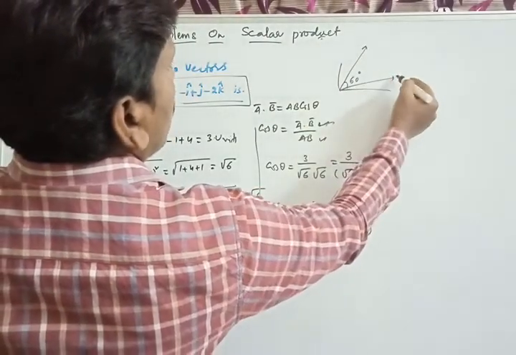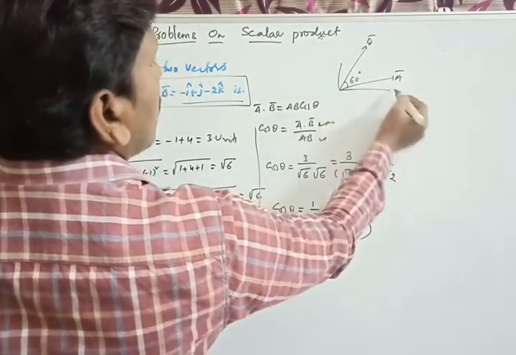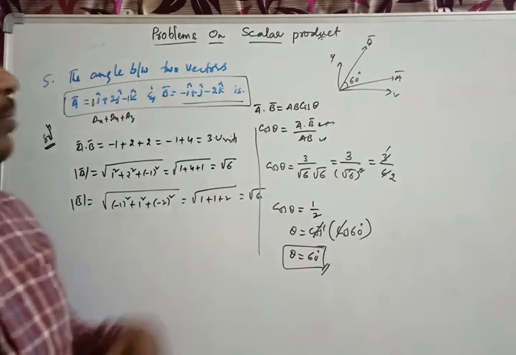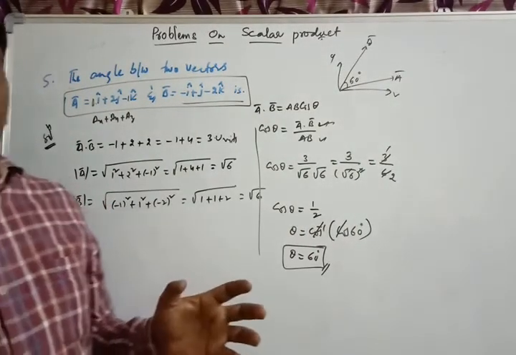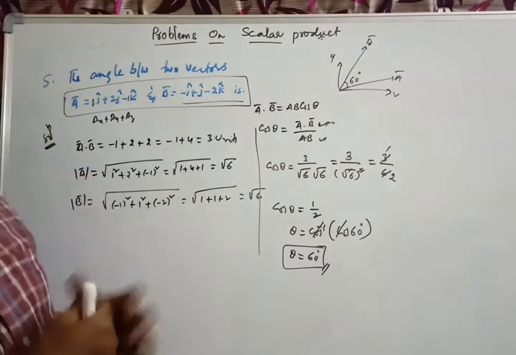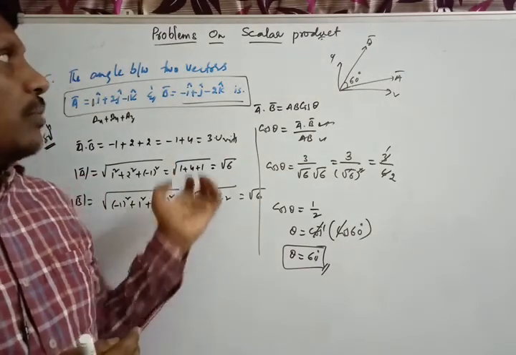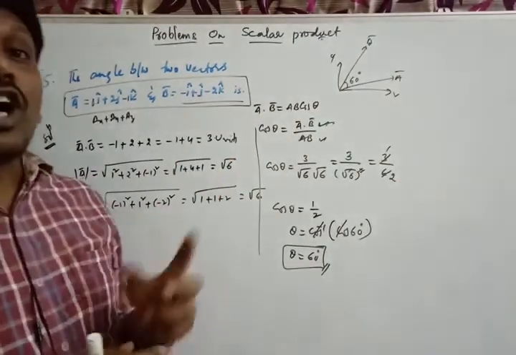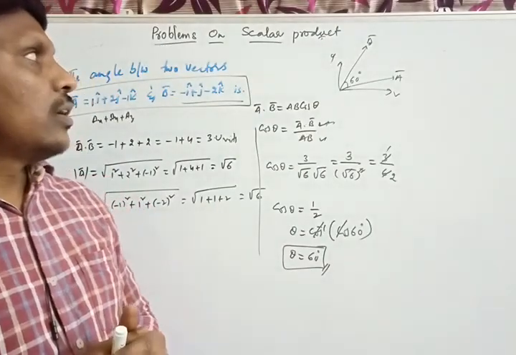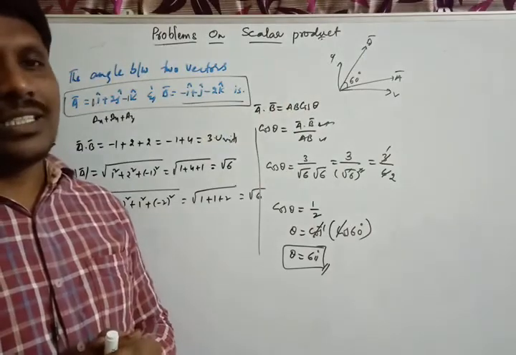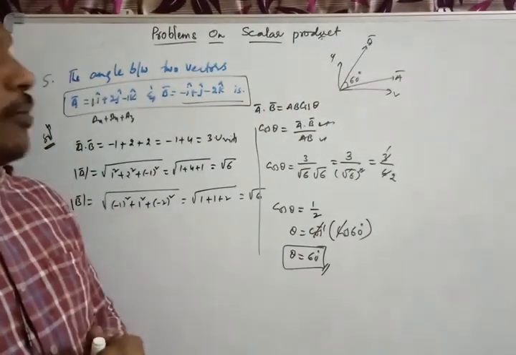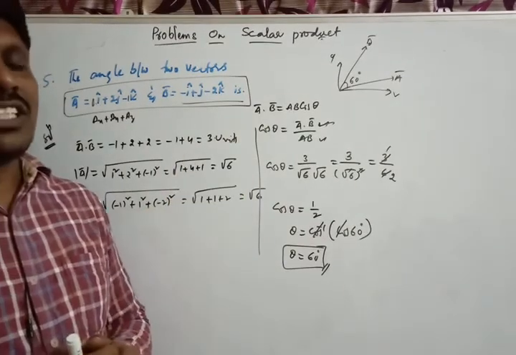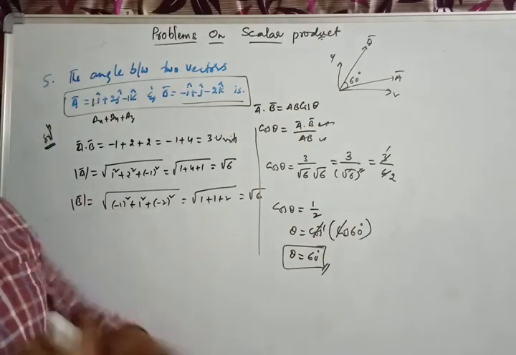This is the A vector and the B vector, if you consider the x and y plane. This is how we can simply understand the problem based on scalar products. These are some ideas or methods that depend on the scalar product. Generally for IIT, JEE and NEET, they ask many problems on the scalar product and the component of vectors, so we need to practice more on that concept. Thank you. Now let us see some more problems in the next lecture.